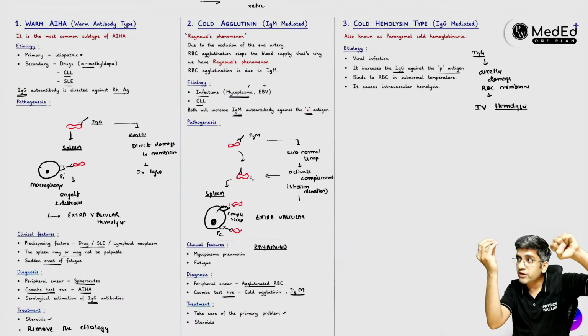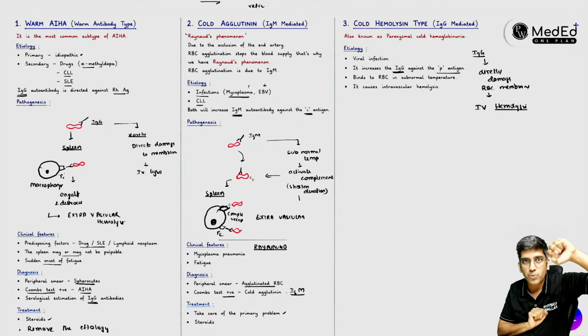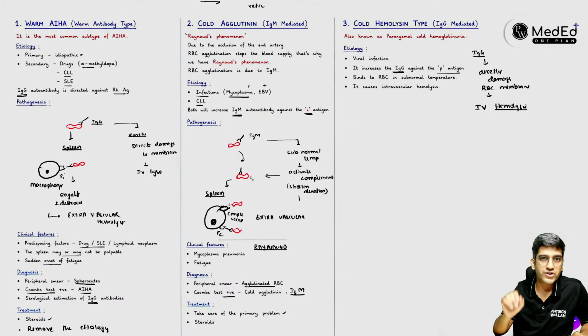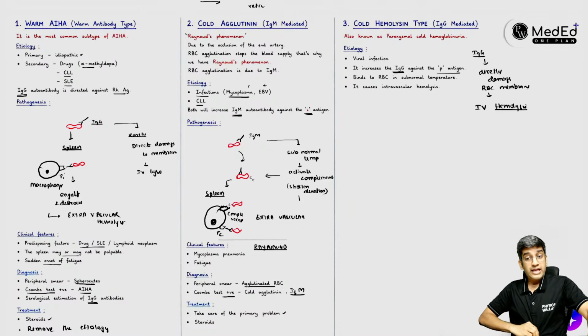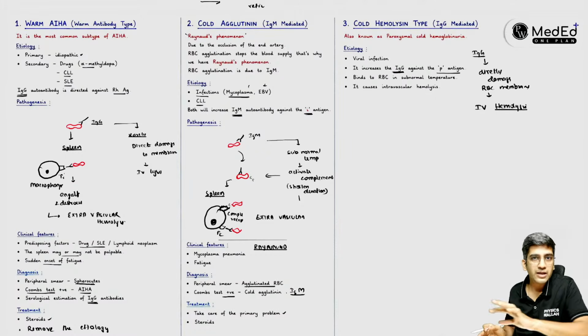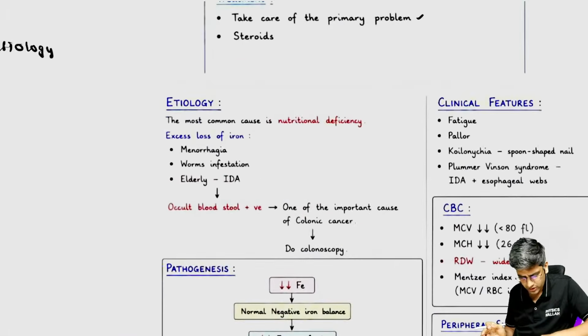The moment transferrin loses iron, my body needs iron. Liver will stop producing hepcidin. Ferroportin will open again. More iron will come into the serum and the entire cycle works. Hepcidin is the master regulator of iron metabolism, right? This is normal iron metabolism, right? There might be questions which will come on normal iron metabolism also, but iron deficiency anemia is a very simple topic. We'll look into that soon.